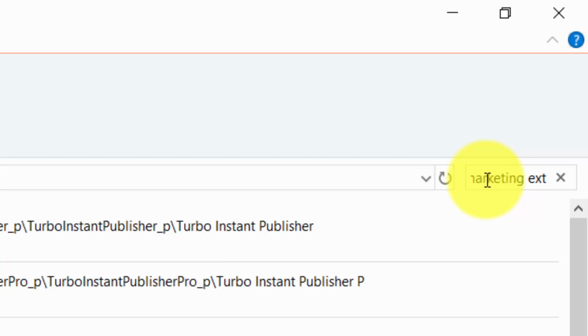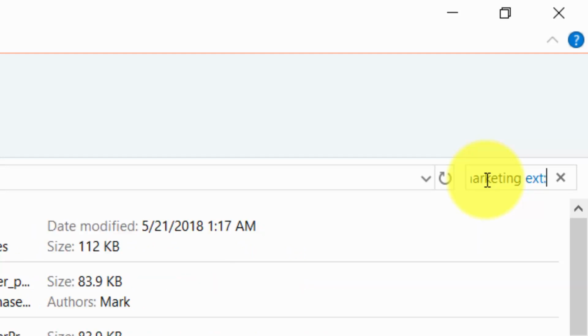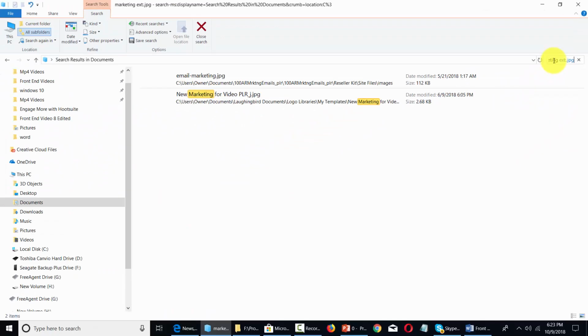We're then going to write in a colon. And then we're going to write in the file type that we're going to be looking for. In this case, we're going to write in .jpg. And you'll notice then that we are only going to look for the files with the extension JPG with this